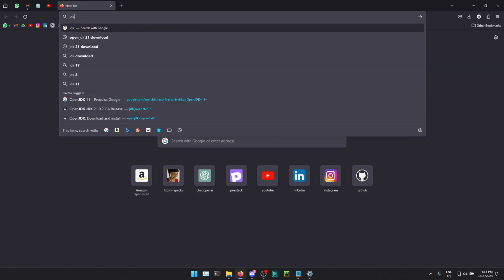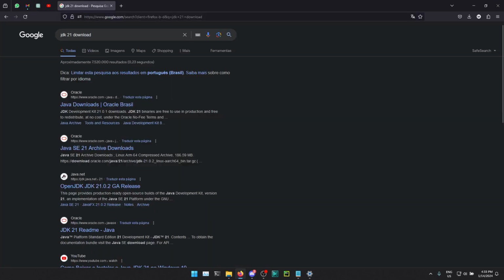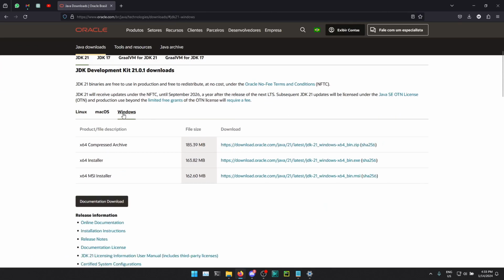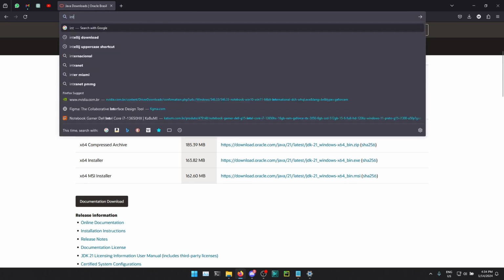So, JDK 21 download. We'll be using the Oracle website. Here is the Windows version. I downloaded the MSI because it helps us with the installation. After that, we can download the IntelliJ